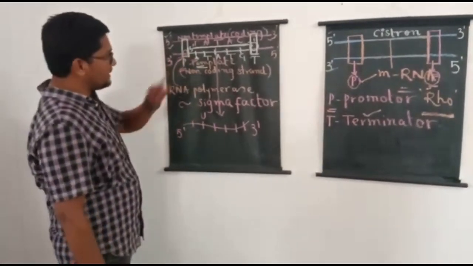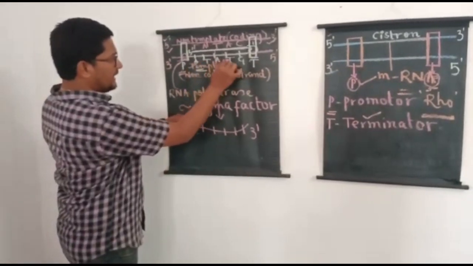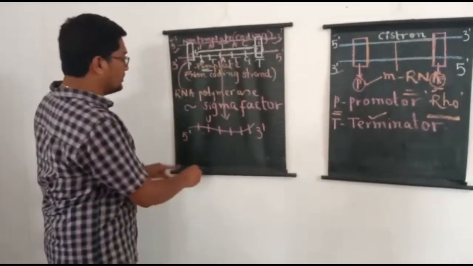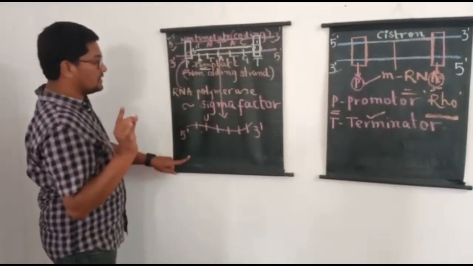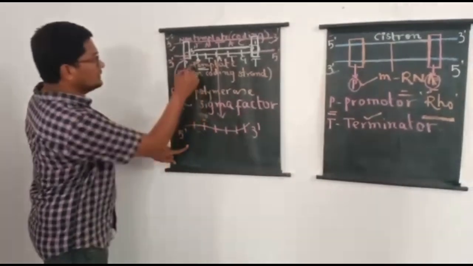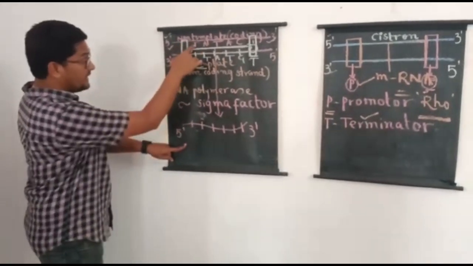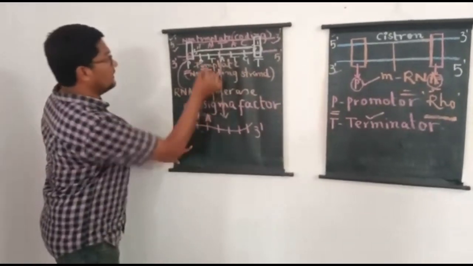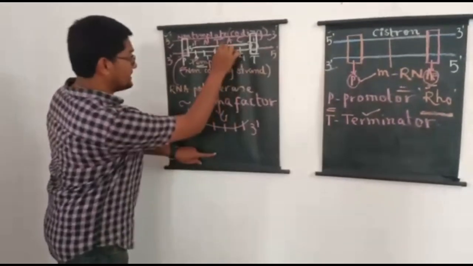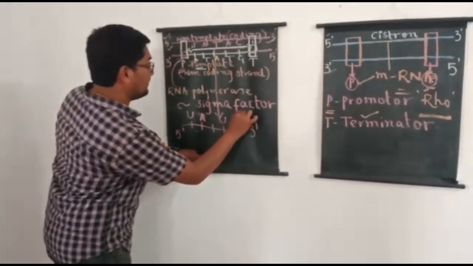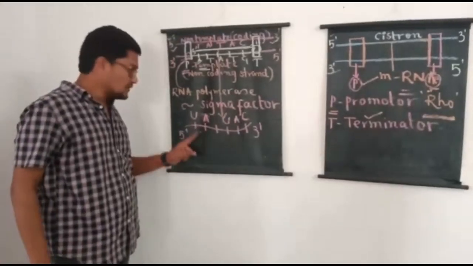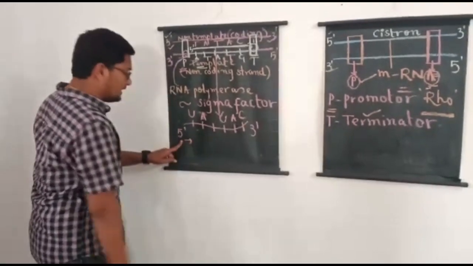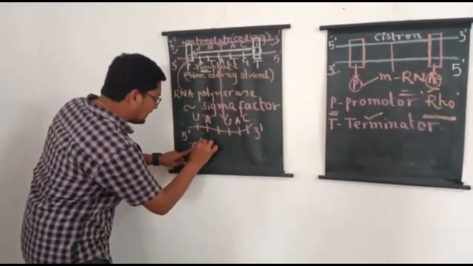If I consider the same sequence like this, ATG is the nucleotide sequence on the template strand. Now on the newly synthesized mRNA, what is going to be the sequence? Here is adenine. In DNA thymine is present, but in RNA it is uracil, adenine, uracil, once again adenine and cytosine. So this is the sequence on the newly synthesized mRNA, and this newly synthesized mRNA or the nascent mRNA is called